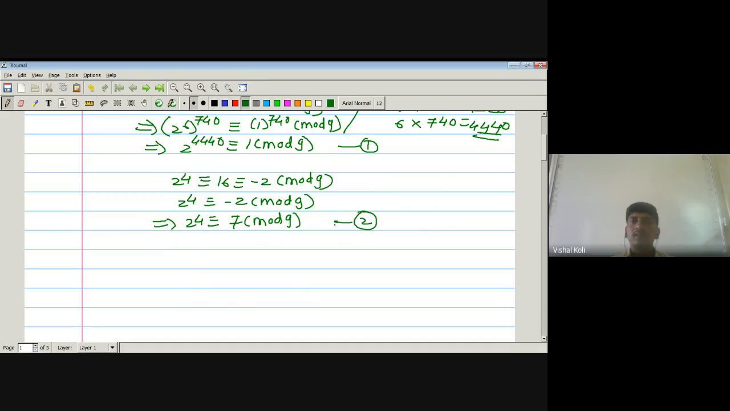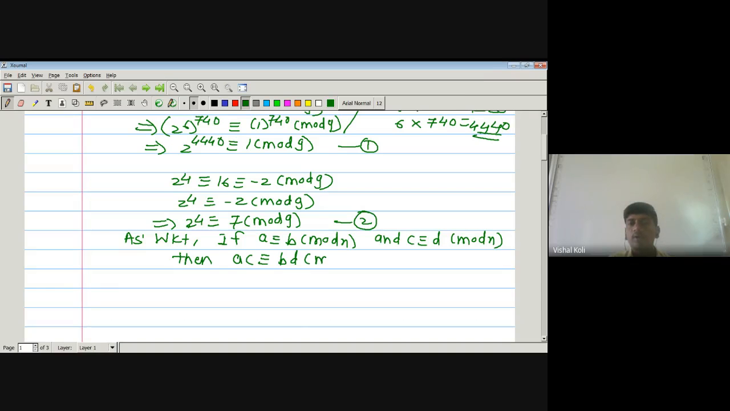And we know the property: if A is congruent to B modulo n and C is congruent to D modulo n, then A into C is congruent to B into D modulo n. As we know that if A is congruent to B modulo n and C is congruent to D modulo n, then A into C is congruent to B into D modulo n. So we have to use this result. Then from 1 and 2,